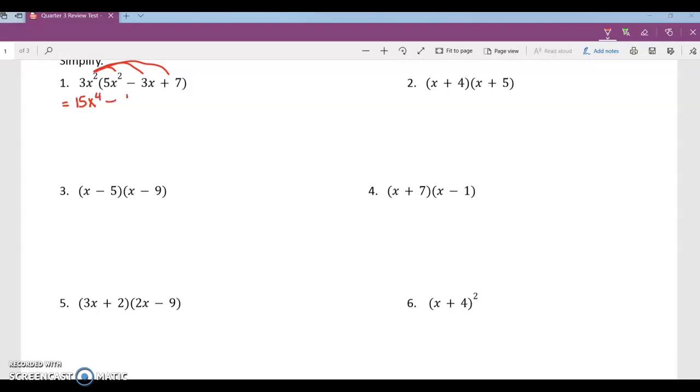3 times negative 3 is negative 9. X squared times x. Add the exponents, we get x cubed. 3 times 7 is 21 x squared. Now we've got FOIL, first,